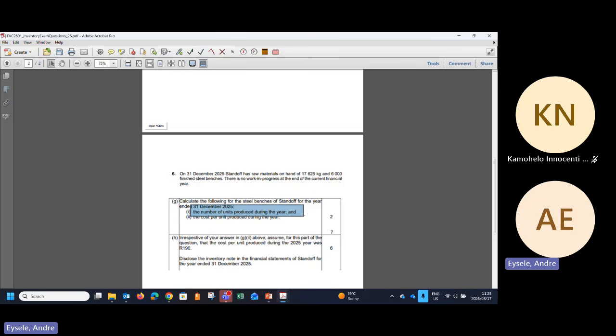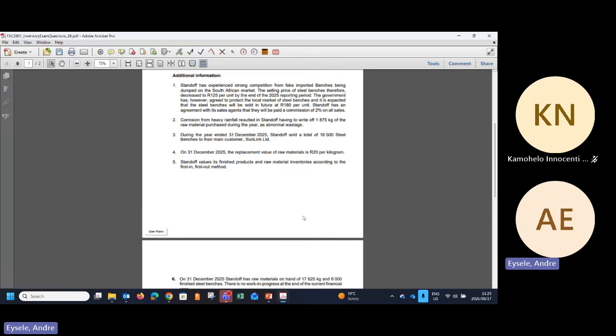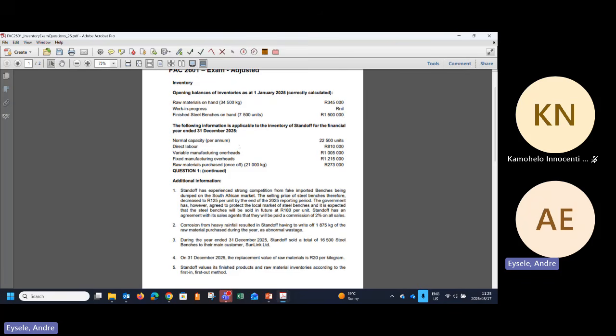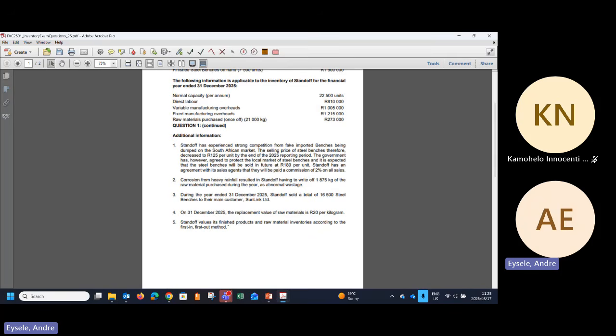How do we get the formula? Always: cost of sales equals opening stock plus purchases or manufactured, less closing stock. Have we got the cost of sales figure? No, at the moment we don't. Have we got the opening stock? Yes, the opening stock is 7,500. Plus purchases or manufactured. Have we got that? No, that is what we need to determine. Less closing stock. Have we got closing stock? No, we don't know that from the information yet.